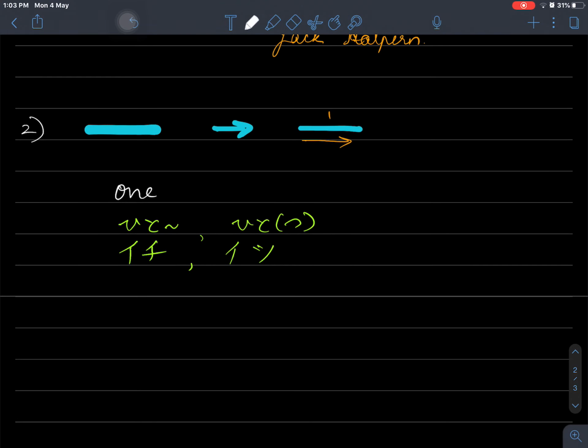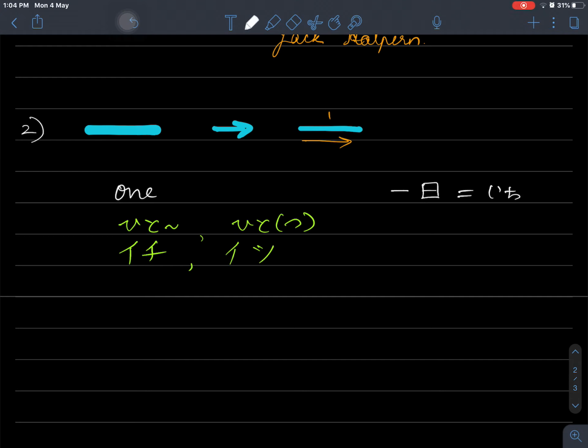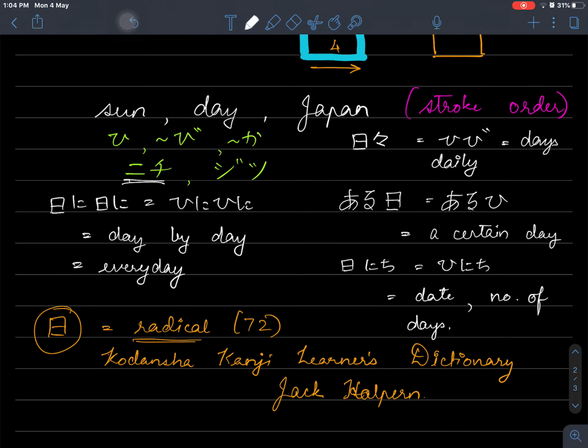So the first example we saw was day, the kanji for day. So now we have two kanji with which we can say things like one day. So how do we say one day? Should be pretty obvious. I think most people can come up with a guess as to how it is written. It is written like so. Any guesses on how to say it? When it means one day, it is to be said as ichi nichi.